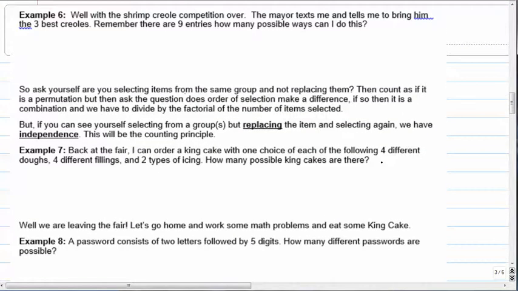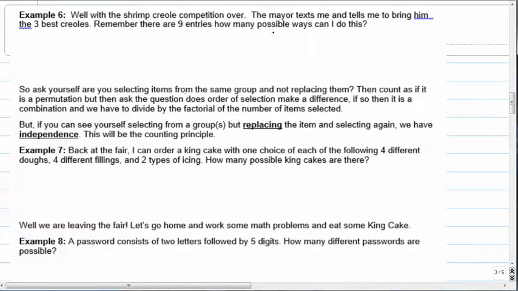Moving on. Well, the shrimp Creole competition is over, and the mayor texts me, and he tells me to bring him the 3 best Creoles. And remember, there are 9 entries because 3 people went home. All right, so the mayor's asking me to do something. I'm going to do whatever the mayor tells me, right? So, he's the one providing me my free parking. So I'm not going to mess with the mayor. But anyway,